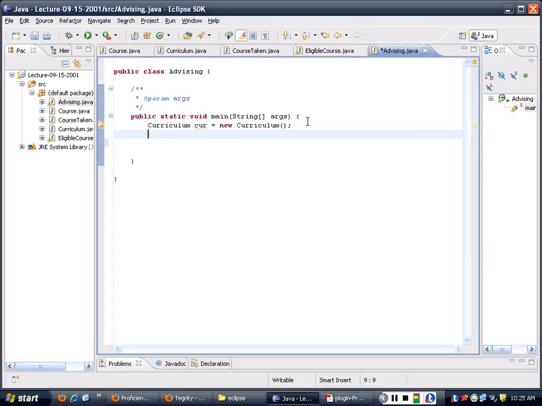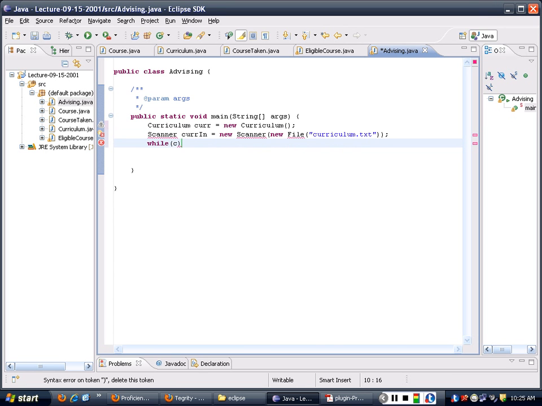The second thing is, we do a very, very standard thing. We do the scanner. We see this would be the course input, or curriculum input. We create a new scanner, new file. The file name is called curriculum.txt, and while we continue to have the input,